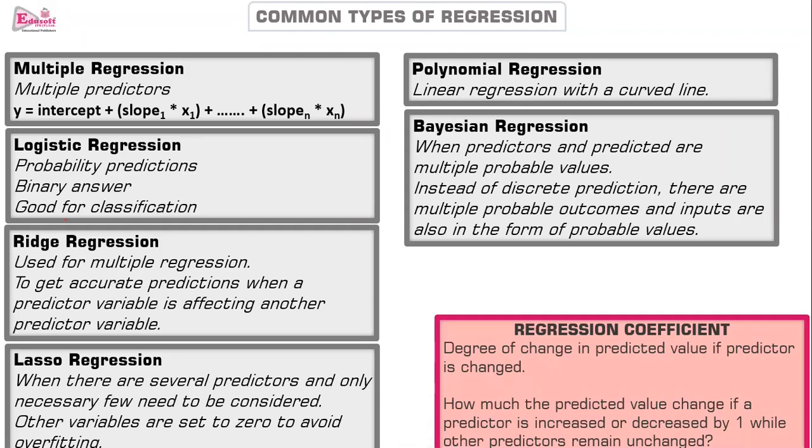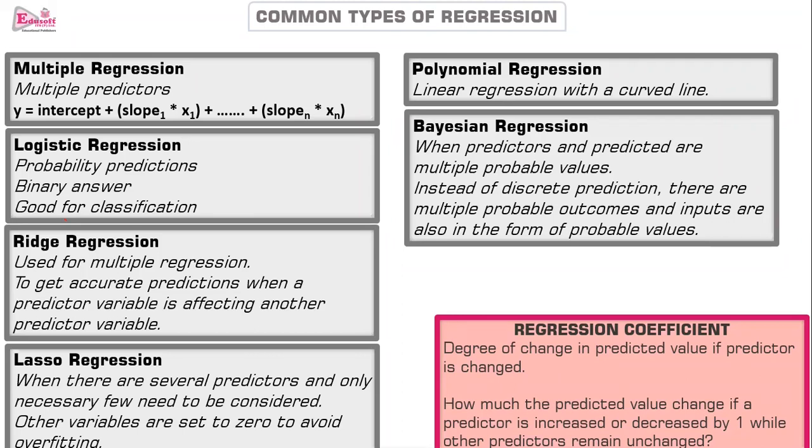Now, when you read about regression, you will come across a term, regression coefficient. Regression coefficient is nothing but a simple figure which will tell you how much change is occurring in the prediction if the change in predictor is done. For example, if you are changing the predictor by 10, then you can see how much change in prediction is happening. If you're changing the fuel price by 20%, how the outcome is changing. This difference is called regression coefficient.